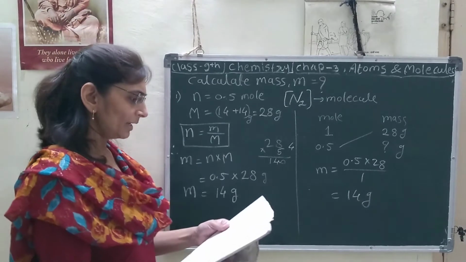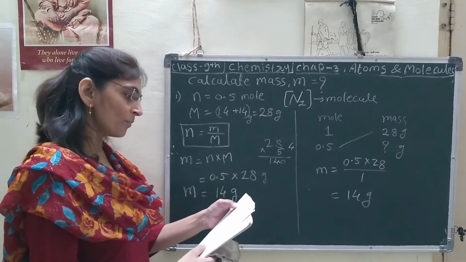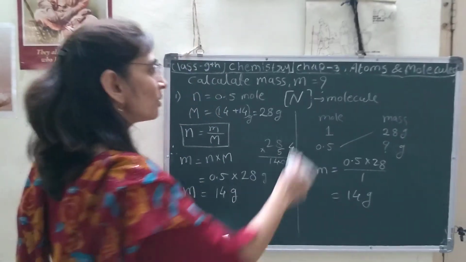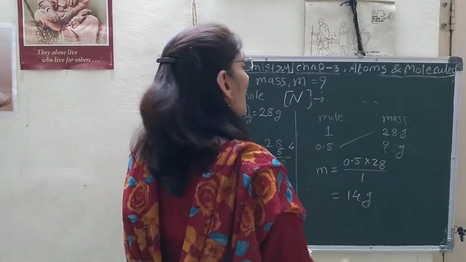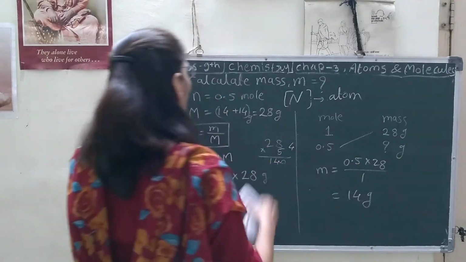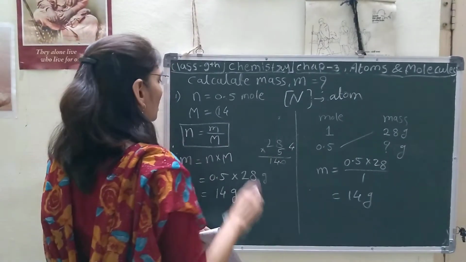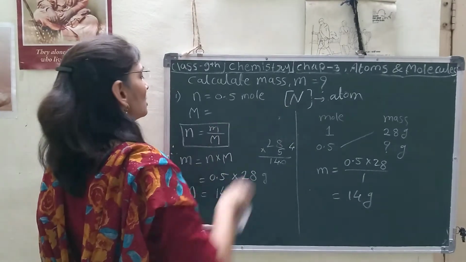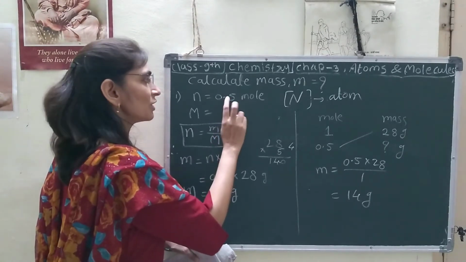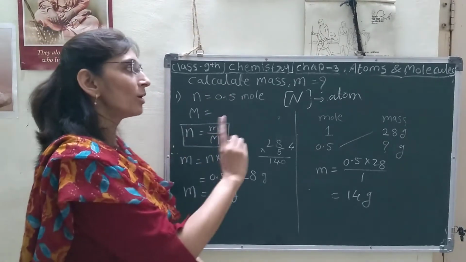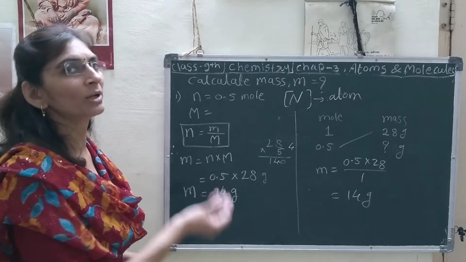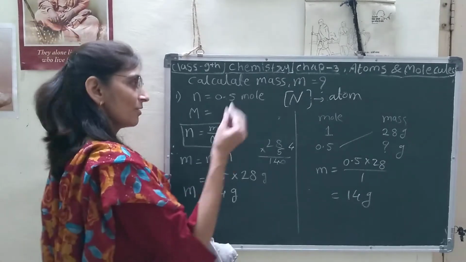Now it is for you: 0.5 mole of N atoms. Instead of N2 molecule, what is given here? An atom. For an atom, what mass do we consider, molecular mass or atomic mass? It is an atom, so we consider the atomic mass of nitrogen. Understood? And the moles are the same, 0.5 mole. तो एक मोल का एटॉमिक मास कितना होगा इसका? नाइट्रोजन का 14. तो हाफ मोल के लिए कितना? 7 आएगा आंसर. Yes, we know that.